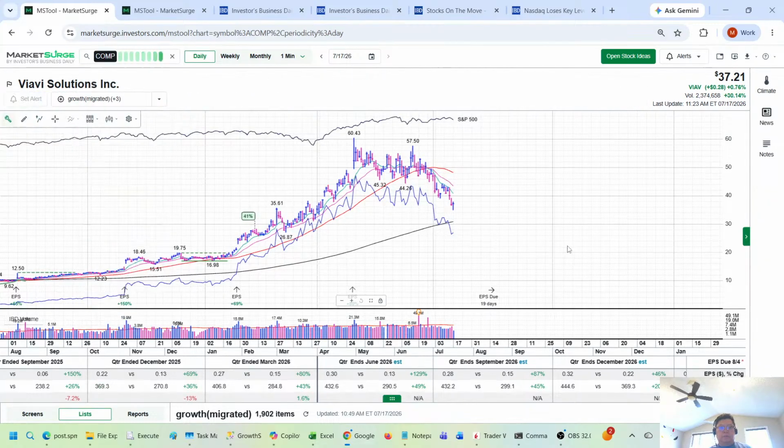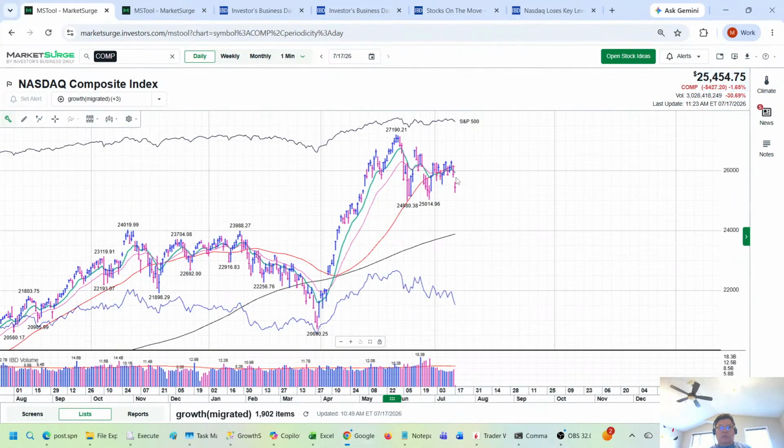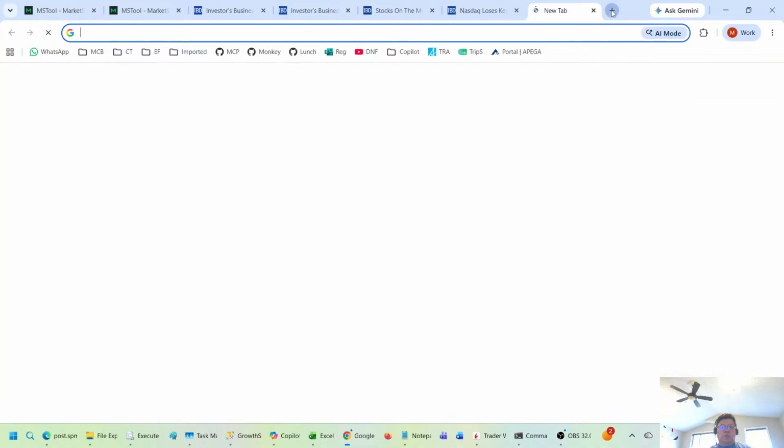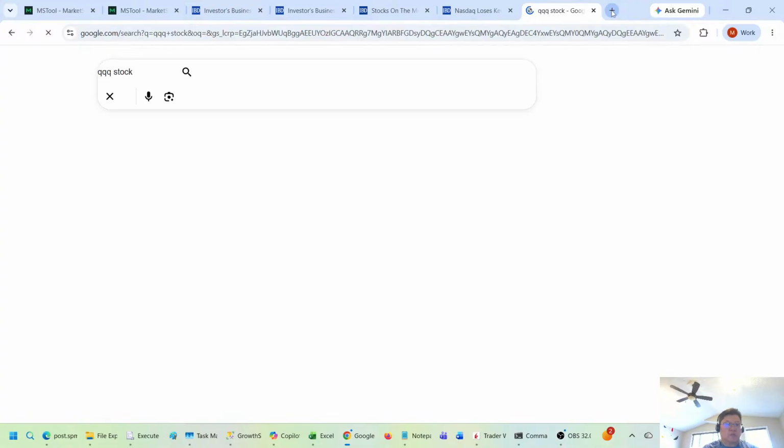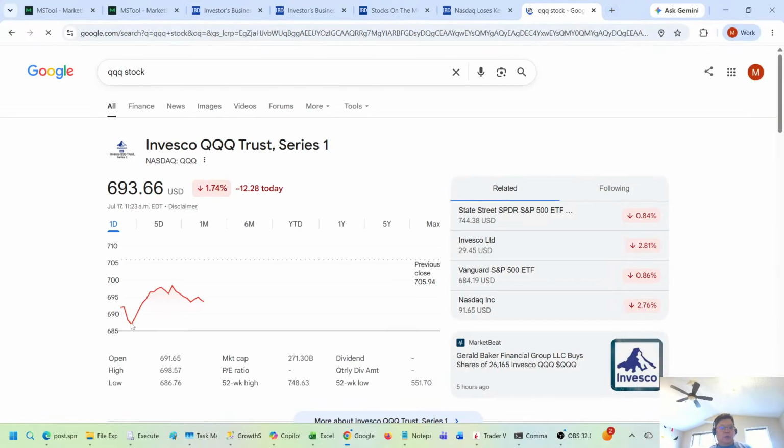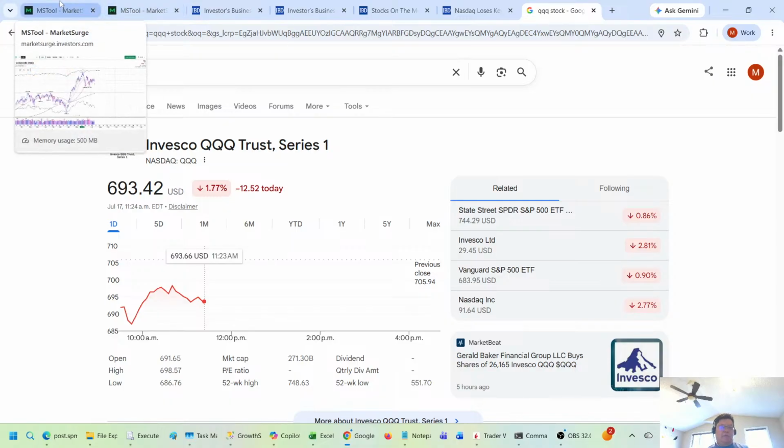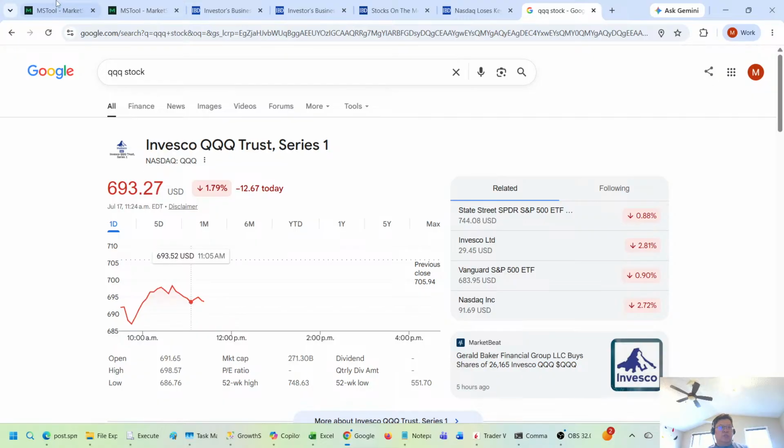Let's quickly look at the index here. Let's go to Nasdaq. You can see the huge gap down this morning. It did bounce back a little bit, but it's already starting to lose its momentum here. Let's go to QQQ stock here. You can see here it dropped, gapped down, went down lower, and then it bounced back. And right now we haven't bounced back since the top here. So that is a negative. We'll see if this could have some momentum build up and start to rally again, but right now it doesn't appear that way. It does appear it's losing its strength.